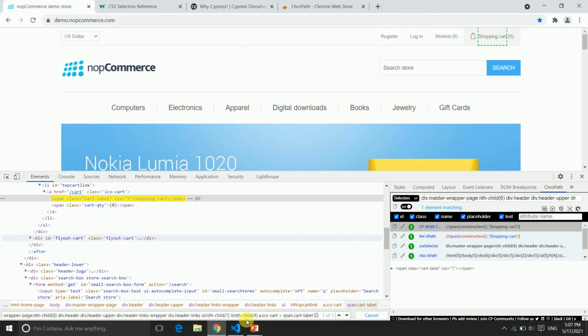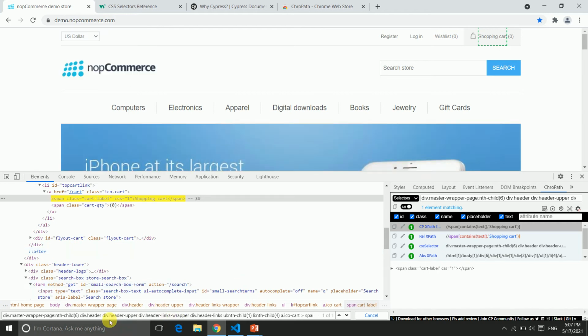Same path will be helpful from here and from the ChroPath. So this is again the secondary thing which you can use to get any CSS selector, and you can copy it and use it. Sometimes it's giving you a long path, so you can reduce it based on your knowledge.